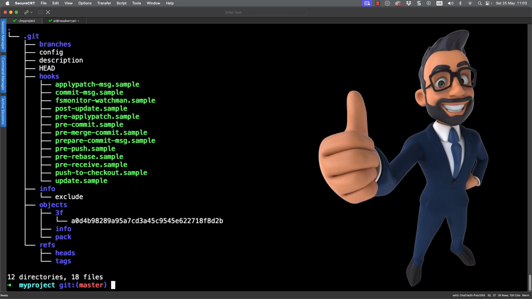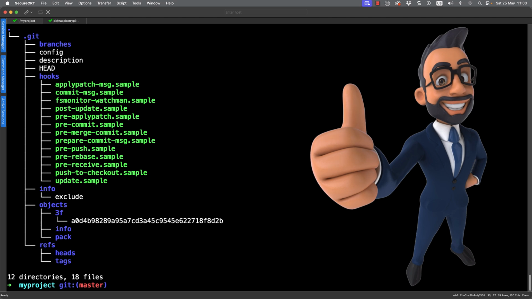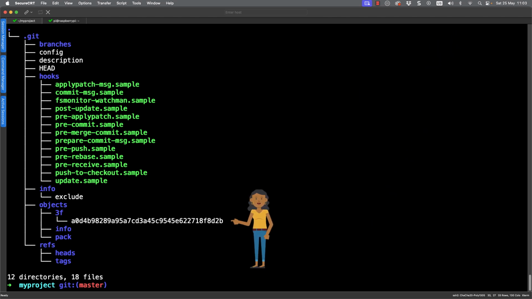When we go through now and look at tree, we can see that we do have our new file object. It's in a directory, the directory 3f, but the 3f and then the corresponding 38 characters make up the file hash. It's just a way of organizing the information in what's called the hash tree. Now, this is a file within the Git file system. It is not a file in our file system, but we can still go through and read information about this.